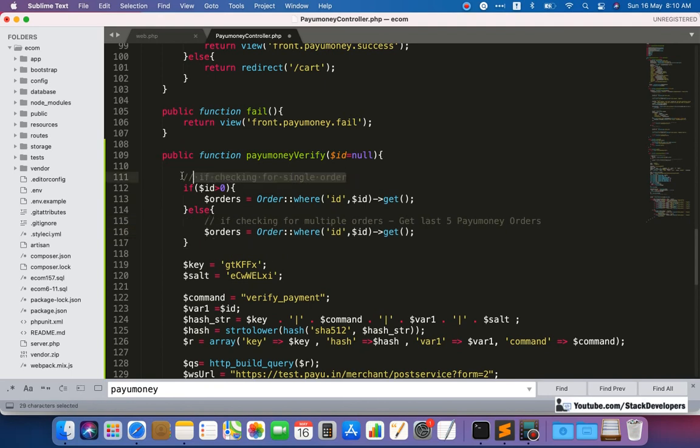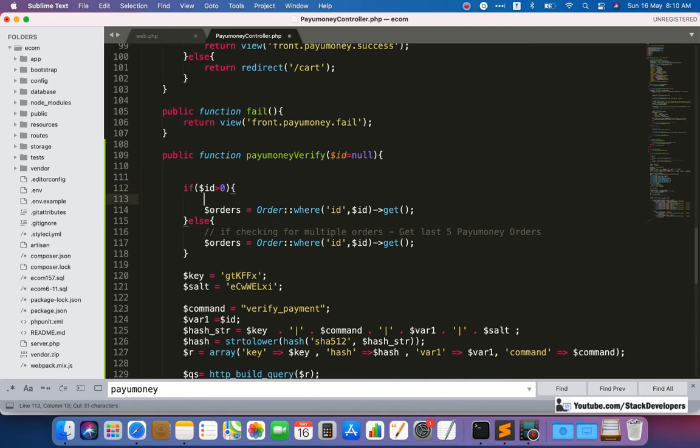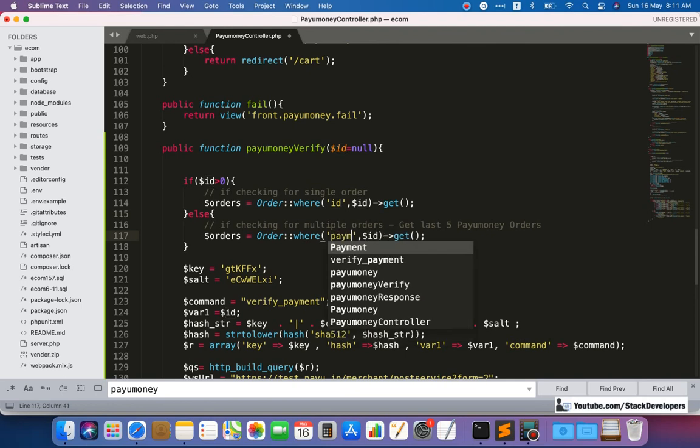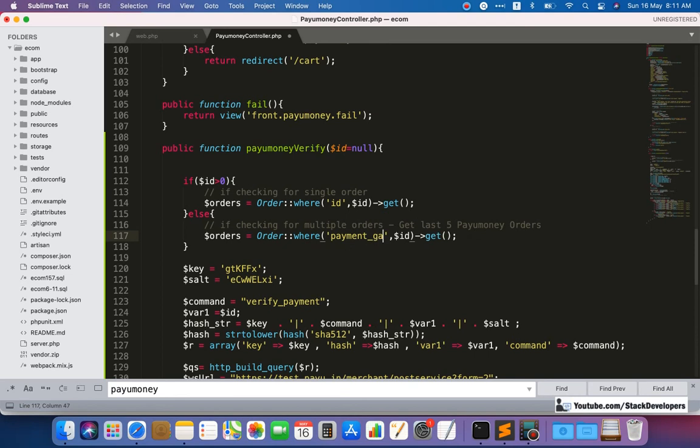Here we can add the conditions inside. Now we are going to check the payment gateway. The payment gateway must be PayUmoney.